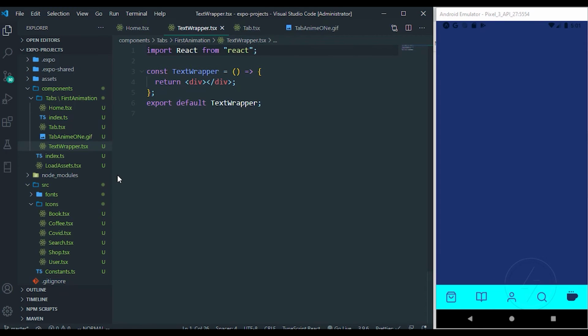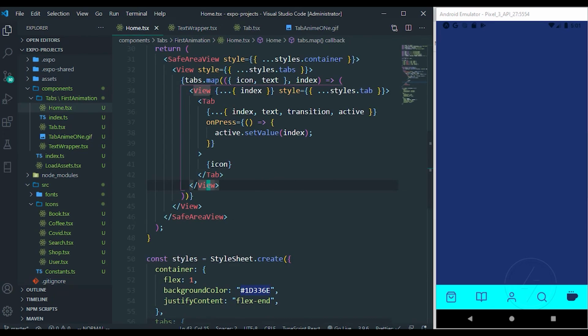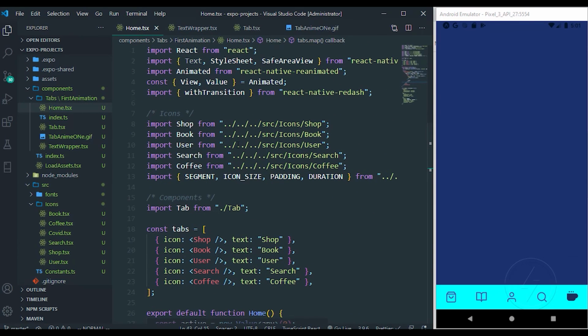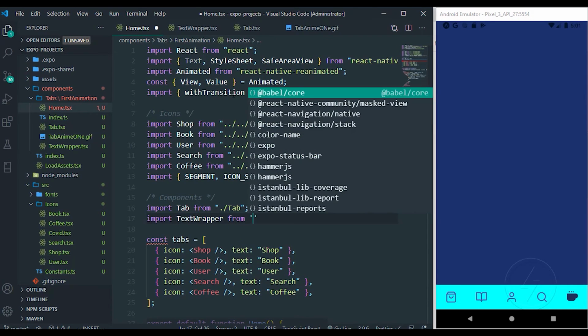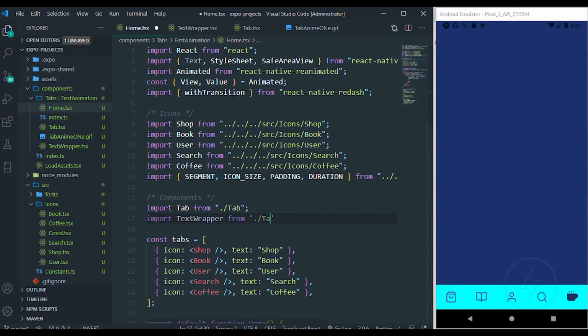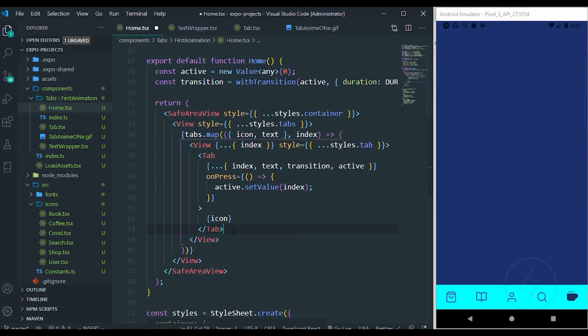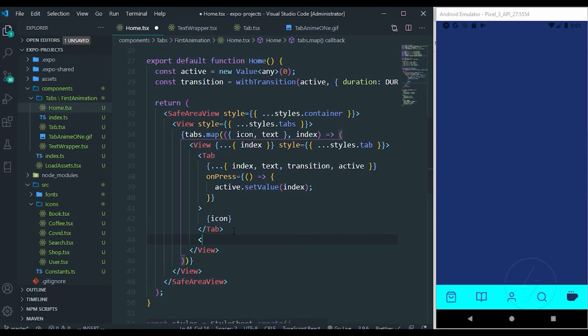Can now bring it into the home component. So at the top here, I'm going to import text wrapper from text wrapper. So let's go down here. Under that tab, we can now add a text wrapper component, which is going to accept a couple of